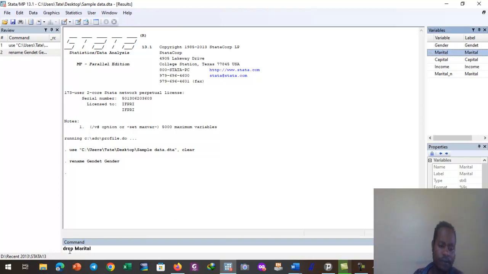and it comes down to the command window, then hit the enter button on your keyboard. Look here, now it is removed. No variable called marital. Okay, then this is how you can remove